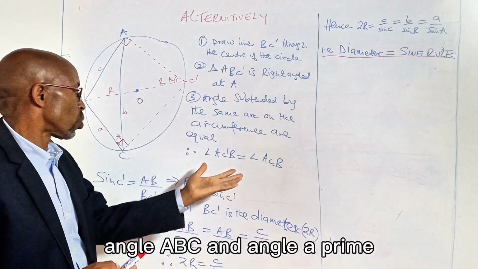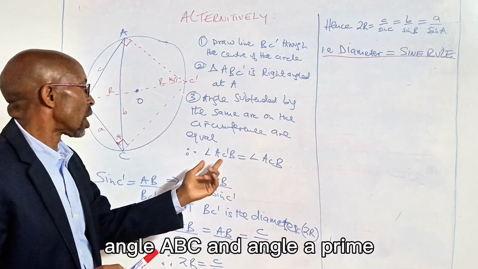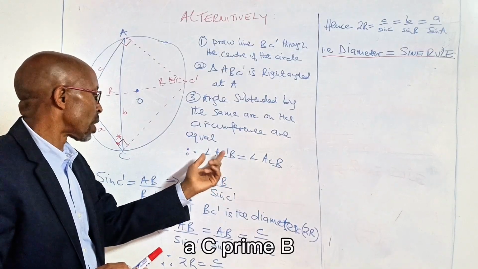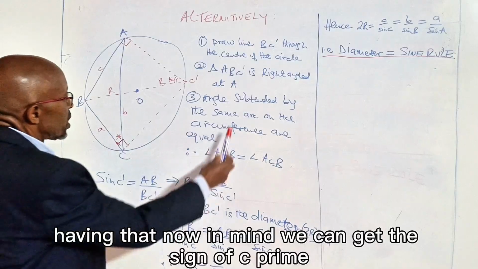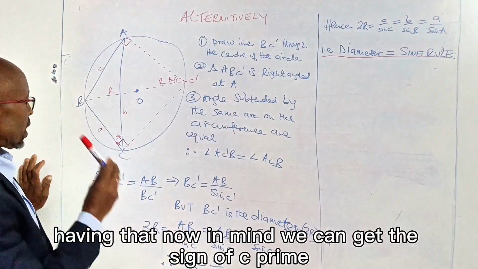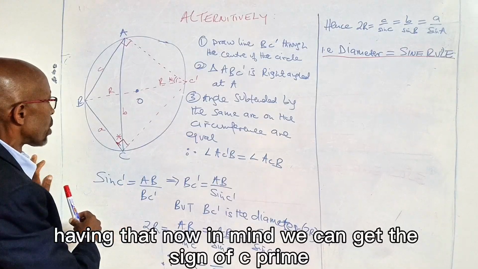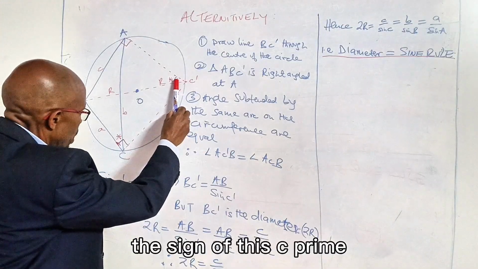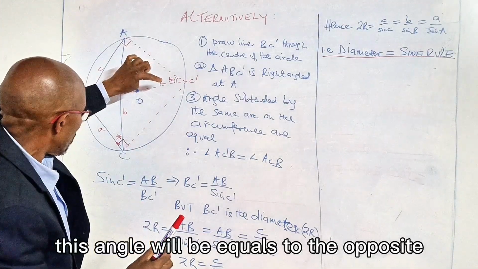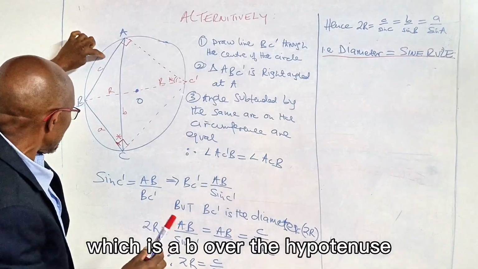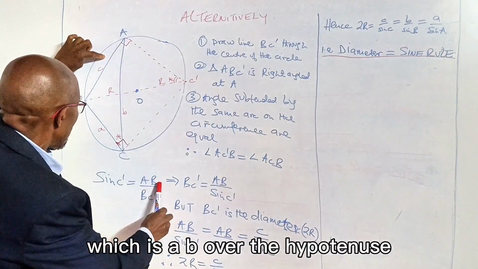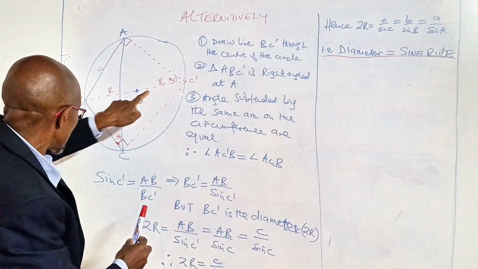Therefore, the two angles are equal: angle ACB and angle AC prime B. Having that now in mind, we can get the sine of C prime. The sine of this angle C prime will be equal to the opposite, which is AB, over the hypotenuse,